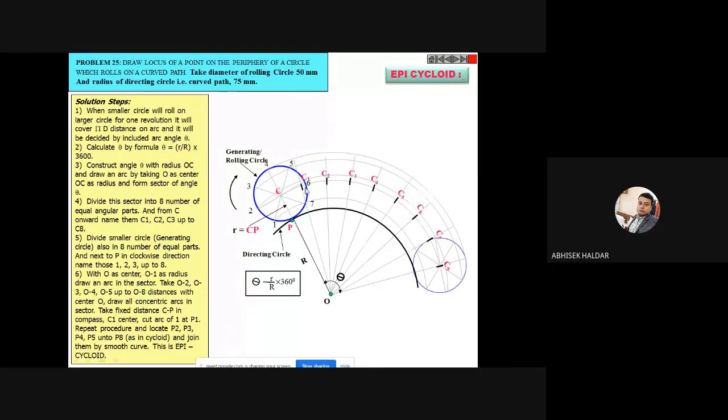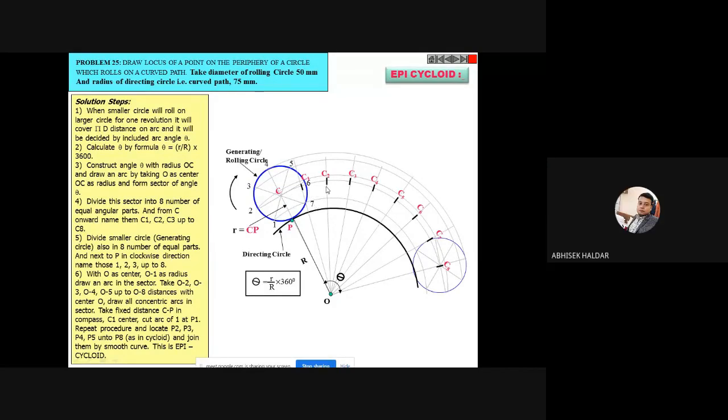Always remember, you can see the mark, it is clearly shown that it is lying on the central arc line. In the cycloid it was horizontal, if you recapitulate, but here it is angular. That's why I have to locate C1, C2, C3, C4 on an arc. Can any one of you tell me what is the physical significance of these points? Rolling.